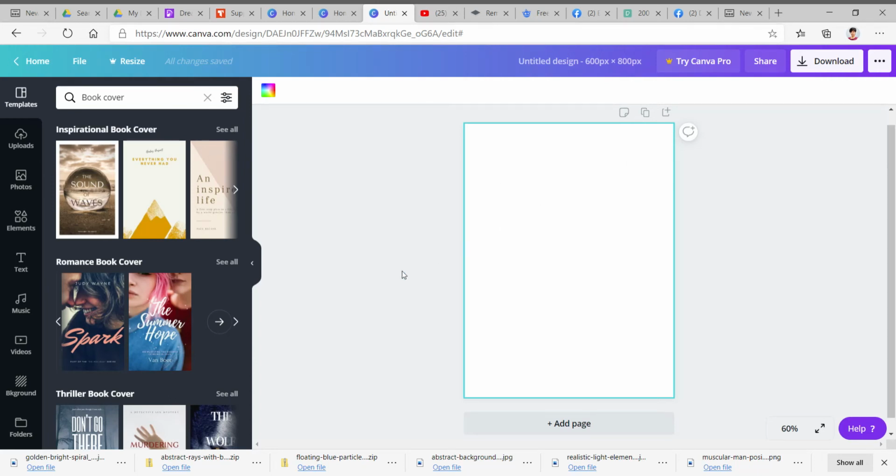All right, we are now on the second part of book cover design with Canva. On the second part, we're going to choose your background, your main image, and work on it. All right, let's go. First, we have already created our artboard with a size of 600 by 800 pixels,